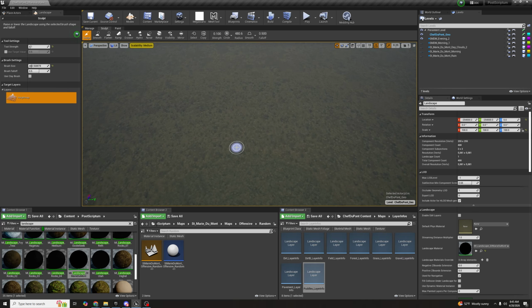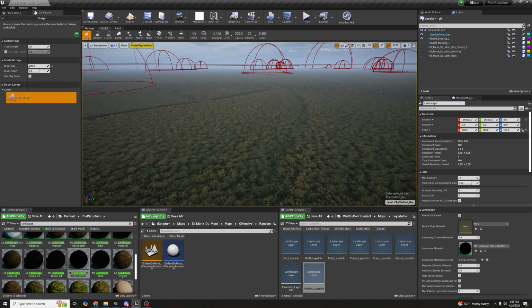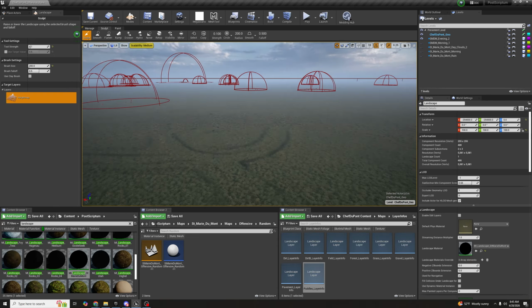Ooh, I don't know why this looks like this. This has been happening to me sometimes when I load the editor. It has these weird shadows, but only sometimes. I think this is a me issue. You guys probably won't see this, so I'll have to see what's causing that. Either way,